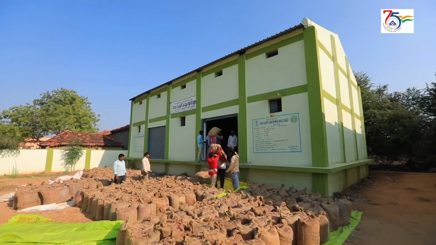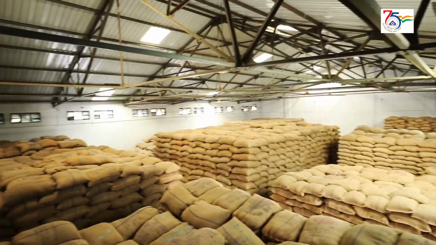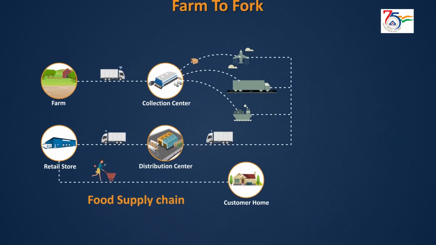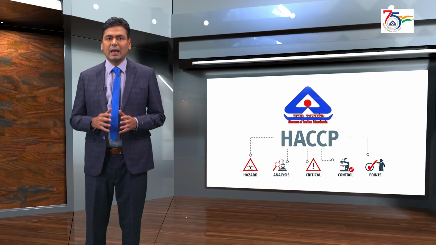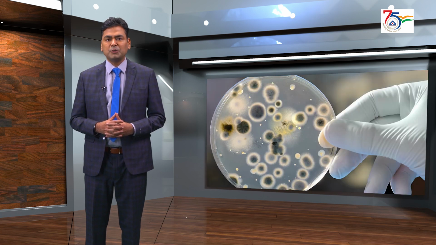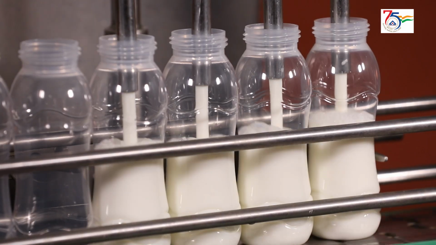As food safety hazards can occur at any stage of the food chain, from the farm to factory to fork, during processing, packaging or storage, adequate controls throughout the food chain is absolutely essential. Or in other words, application of HACCP by food businesses is a proactive approach to safeguard food from microbiological, chemical and physical contamination.